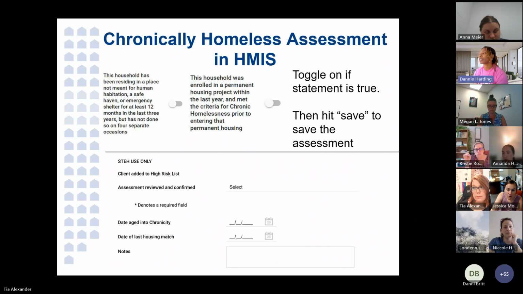The final two items are the second and third priorities on the PSH prioritization policy. These situations are not technically considered chronically homeless. However, being related to chronic homelessness, this is where we capture the information for prioritization. Toggle on if either of these statements are true. If the household has been residing in a literal homeless location,